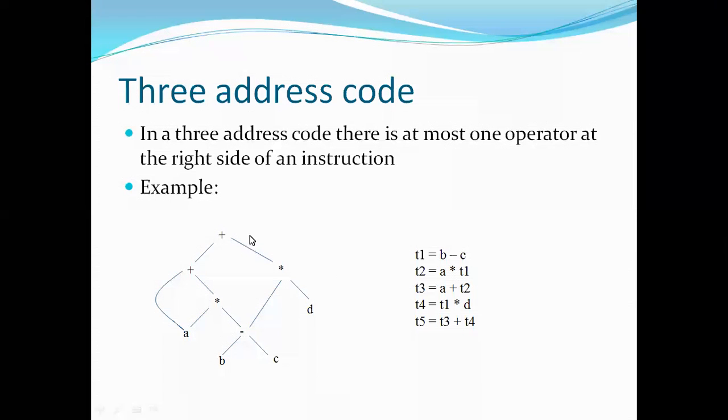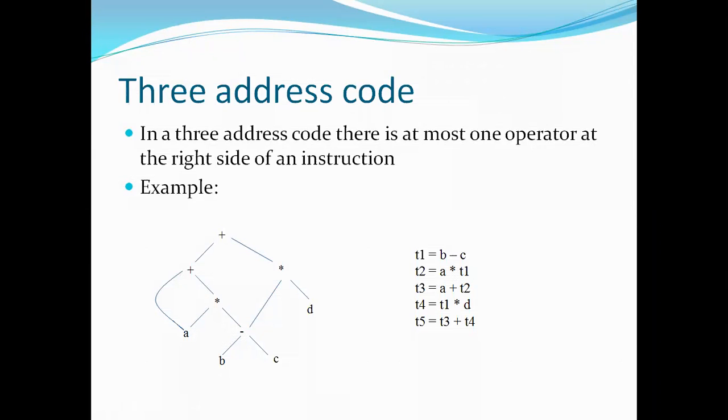For the example of this DAG representation, initially from these translation statements, we need to represent a DAG from the given expression. If the question is to construct a DAG for the given expression, first you need to write the intermediate language translation statements, and then you need to draw the structure like this, and then draw the DAG representation like this, right? Is it clear? Again, I'm repeating the most important definition of the three address code.